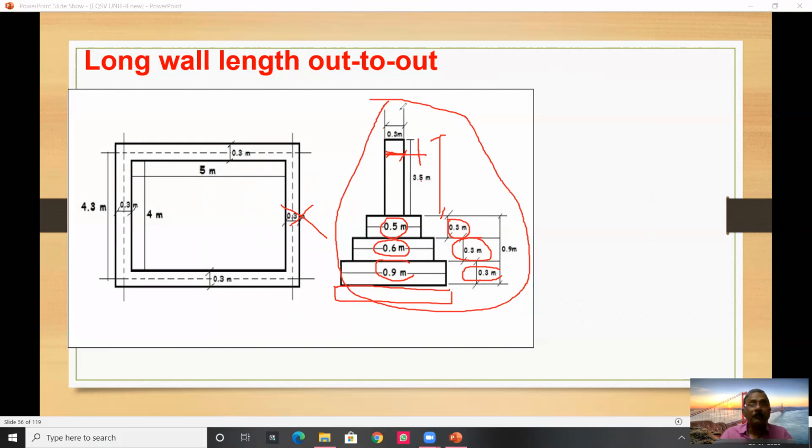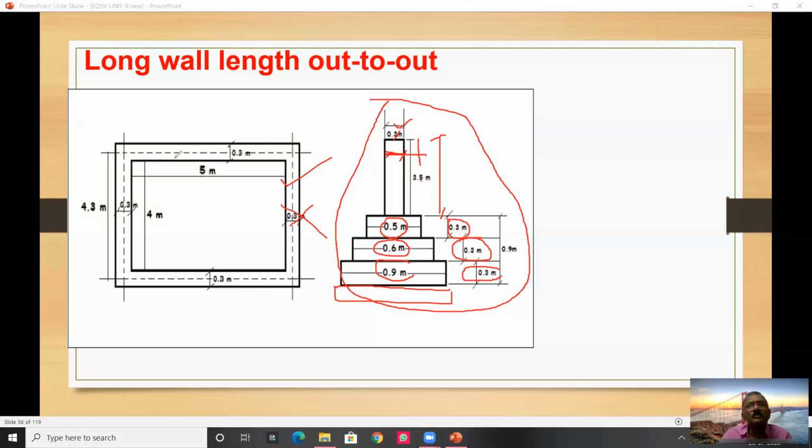See, this is the problem you have to observe. That is, observe the plan and section. Picturize, reimagine. These are very important words. So you yourself imagine. Don't be confused if they don't give any dimension for the width here. They may show it in the wall itself. Sometimes in a problem, you may not see this value. So in this way, now you understand what the typical cross section is.